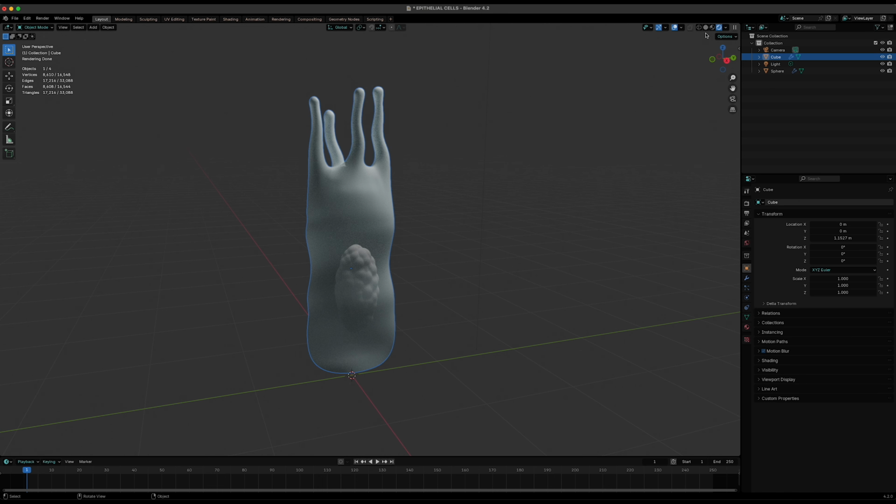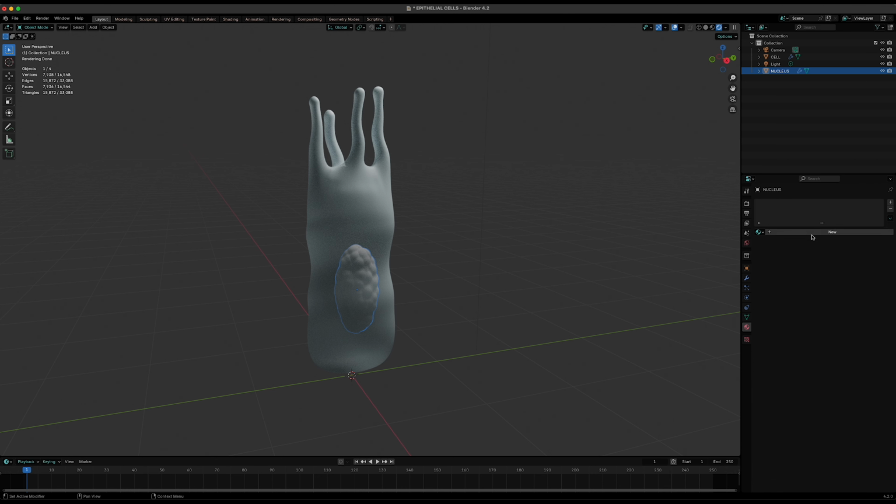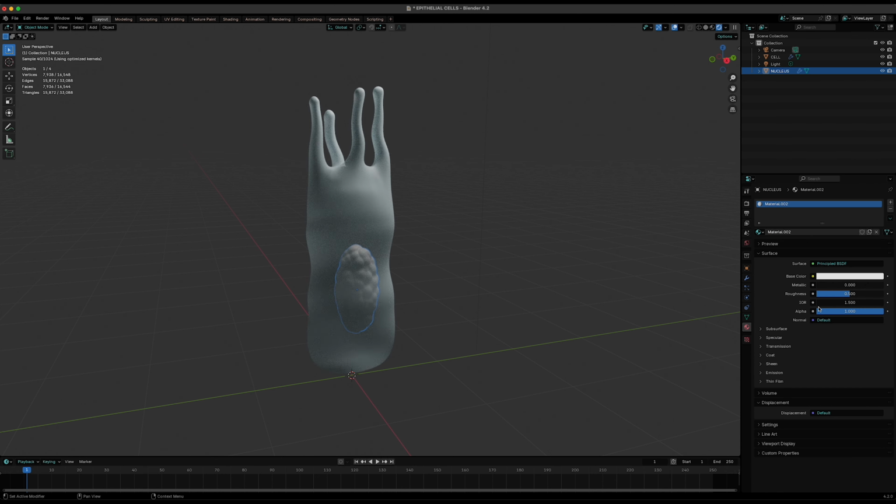And if I change the nucleus, we can also rename the objects here to be easier to find them. So that was nucleus, the sphere, the cube is the cell. So now let's select the nucleus, give that one a new material too. That one doesn't need to be transparent. Just gonna give it maybe,